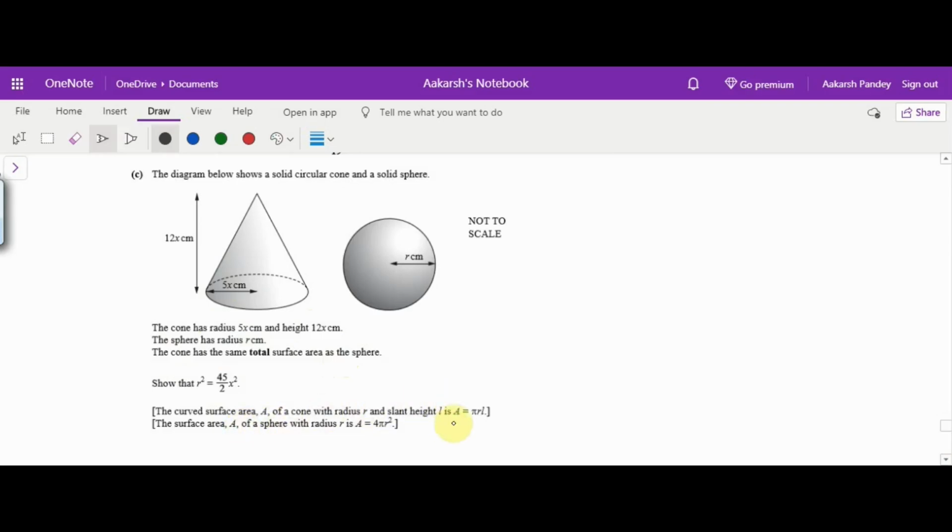The total surface area of a cone will be the curved surface area plus the area of a circle. So the surface area of a cone is pi r l plus pi r square. This r is actually of the cone, so let me write rc over here. This will be equal to 4 pi r square, and this r is for the sphere, so let me write rs. So what we get is pi